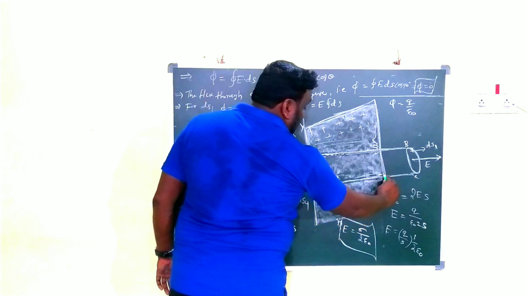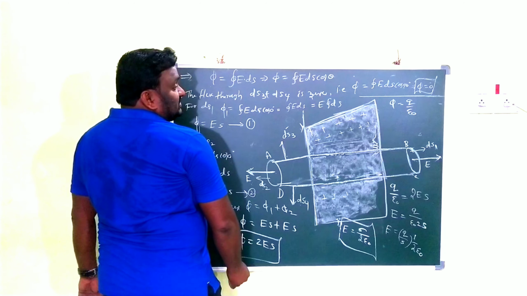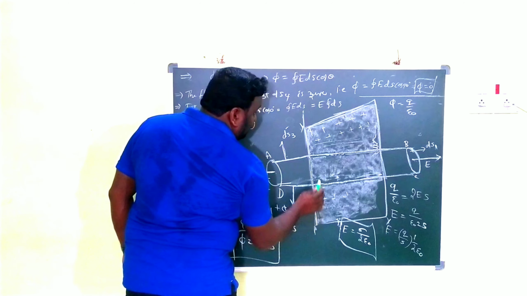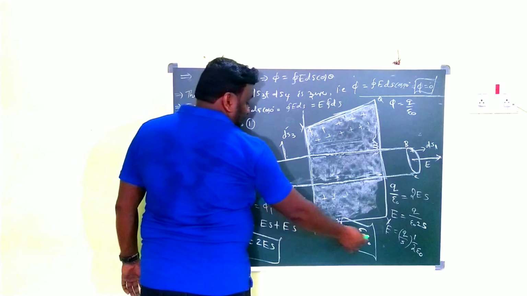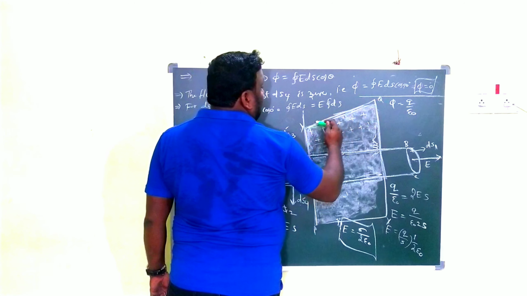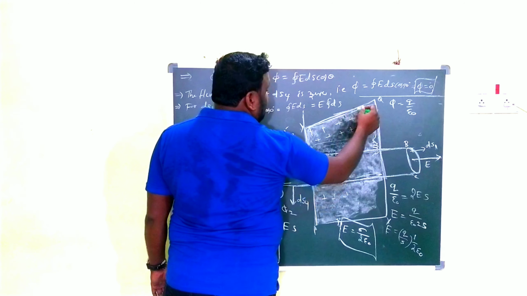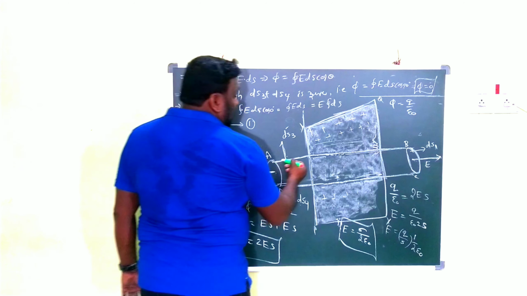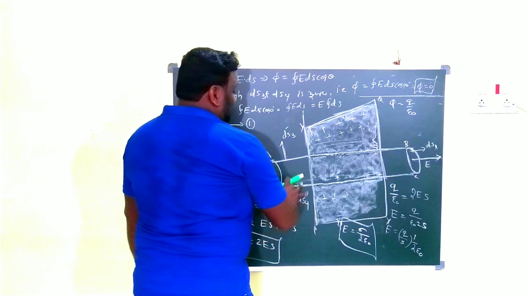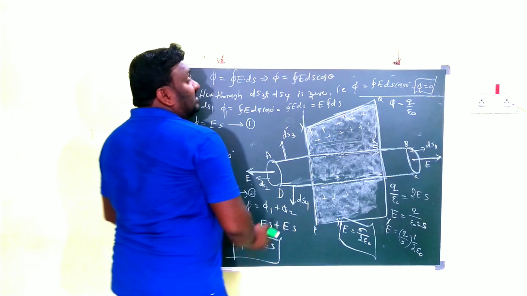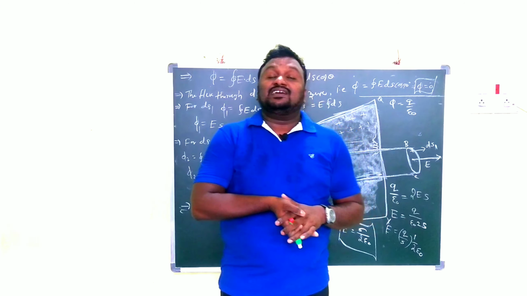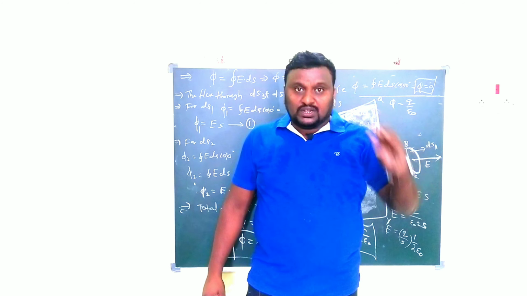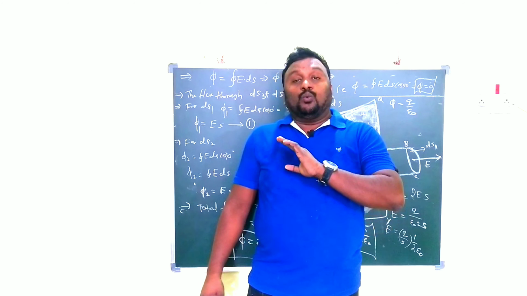Here I am showing X, P, Y and Q. X, P, Y, Q, it is the infinite plane sheet. Clear? That should be positively charged. To explain the electric field intensity, we are constructing one Gaussian surface. Here the cylindrical Gaussian surface must be along the x-axis. That's why the flux passes only along the x-axis. There is no flux along the y and z axis.